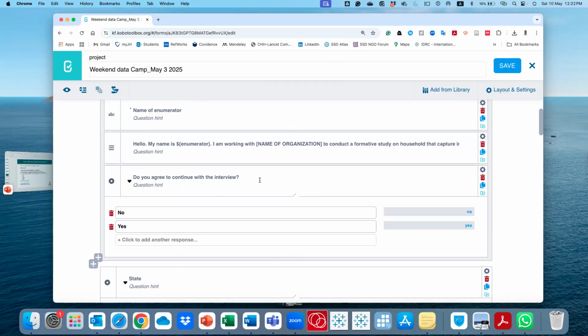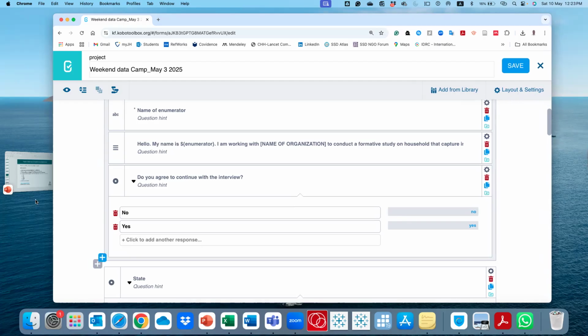And if it's multiple pages, they won't move to the next page or question without answering this, depending on the display of your questionnaire. So that makes it difficult for them to skip questions. So it's usually advisable that you make most questions mandatory, except if it is not applicable to everyone, in which case it makes it very difficult for enumerators to move to the next question. But if not everyone is supposed to answer that question, there's no need to make it mandatory. It actually impedes the process of data collection. So that is one thing I wanted to mention.